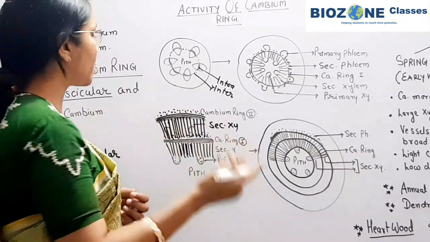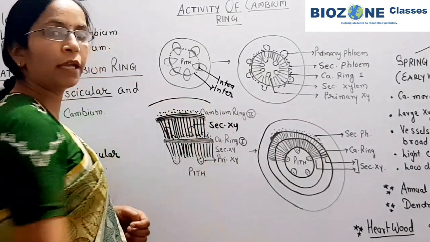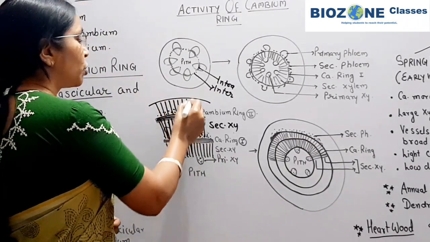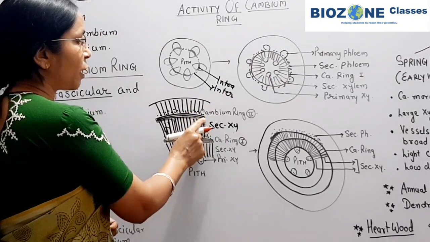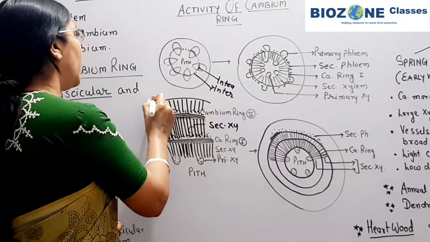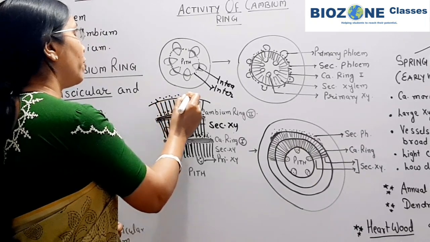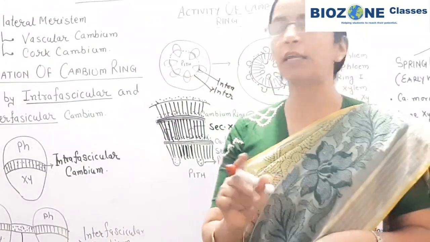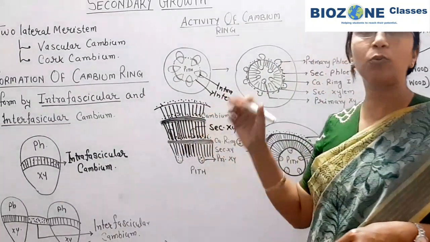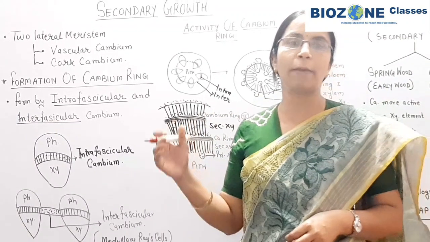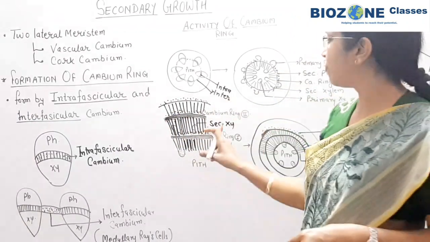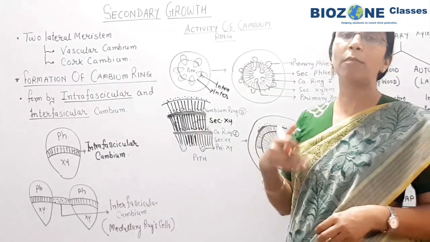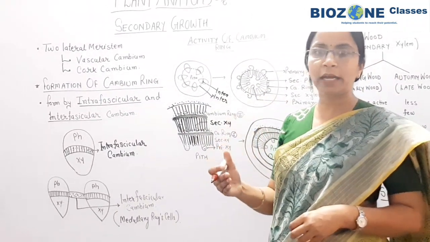So in this process, next year when another cambium ring is formed, this cambium ring again forms the secondary xylem towards the inner side. The secondary phloem formed by the second cambium ring disintegrates, and only one ring of secondary phloem we observe. The secondary phloem is only a single layer, and it is present towards the outer surface of the most recent cambium ring. This part you remember: whenever a new cambium ring is formed, it is always formed outer to the secondary phloem. Remember this definitely.